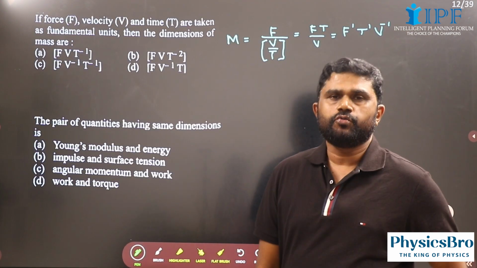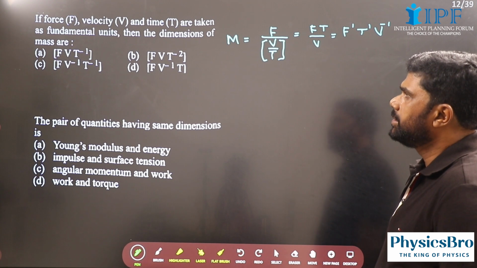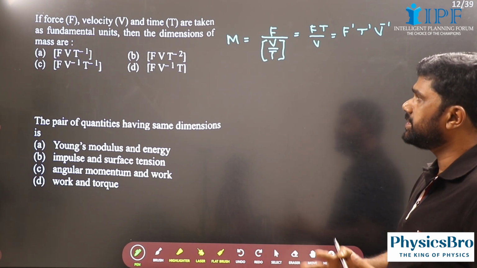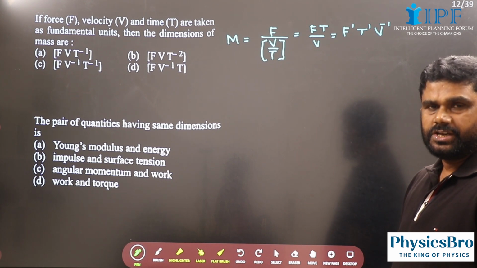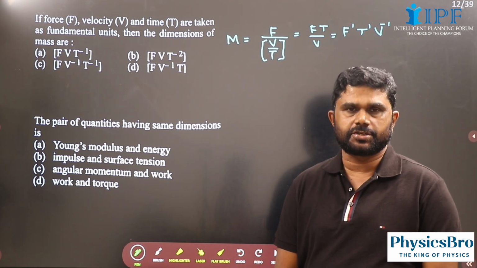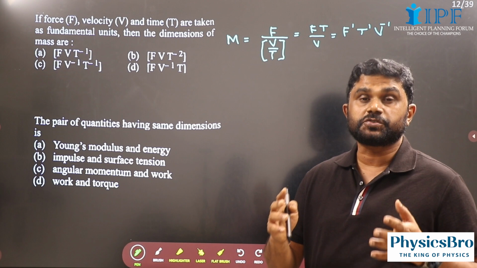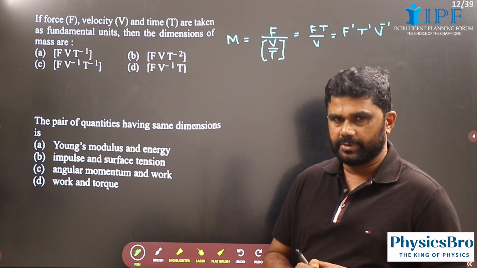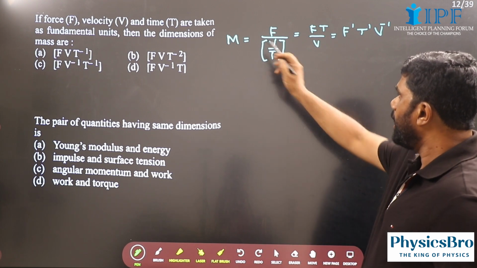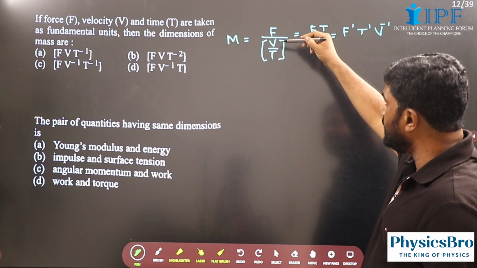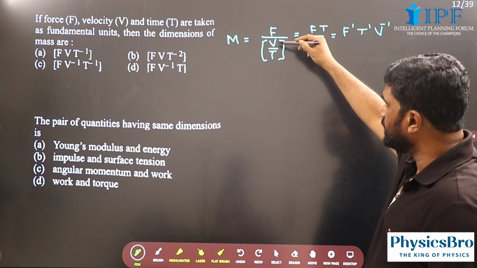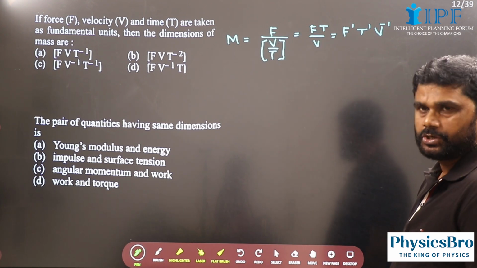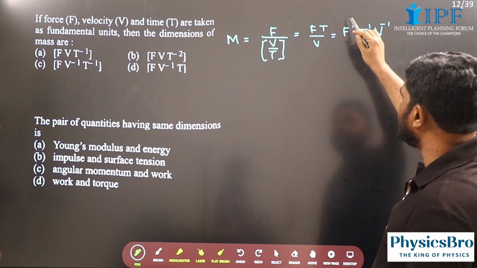Okay, now see, we have another example. If force F, velocity V, and time T are taken as fundamental units, then the dimensions of mass. Force is mass into acceleration. So mass will be force by acceleration. And that acceleration we can write as velocity by time in terms of dimensions. So mass is force by acceleration. Acceleration can be written as velocity by time. This T will go to the numerator. So F T by V. Or we can write F raised to 1, T raised to 1, and V raised to